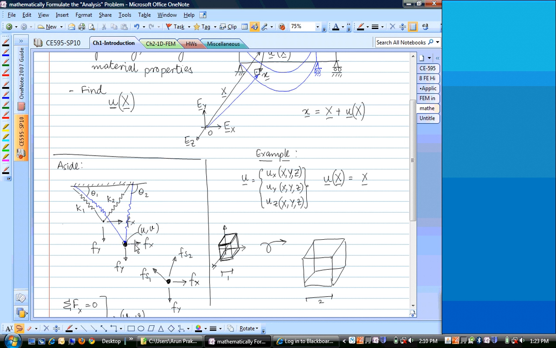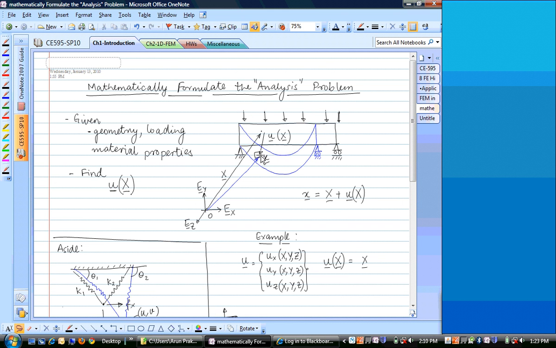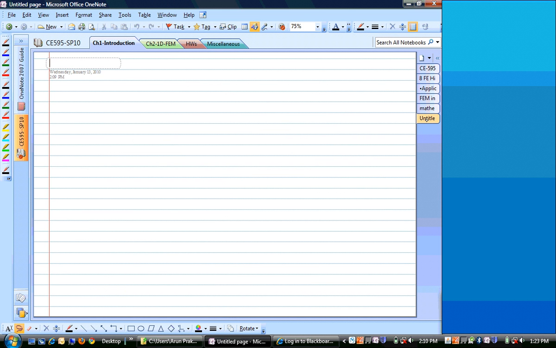Okay, so that's why I'm choosing a small block of material that's just around this x in the new location, and I'm going to try to write out what equation of equilibrium we should have at that point. Okay, so just keep in mind this small block, and let me zoom in here. So let's say that that point is right here, that point x, and I'm going to draw a cube right around it. And I've messed up the point a little bit, but okay, so let's say this is the point and this is the cube